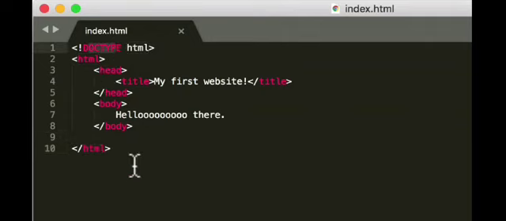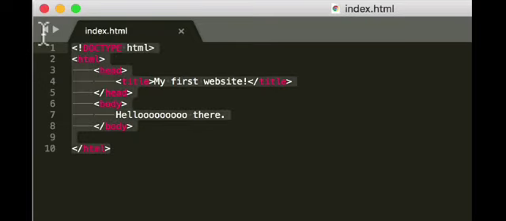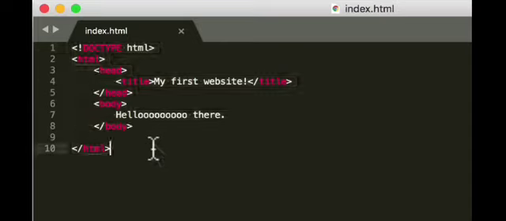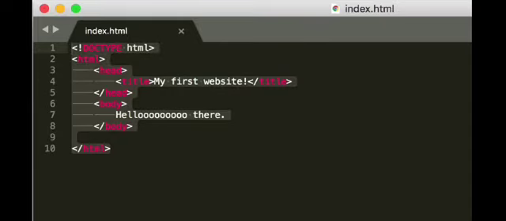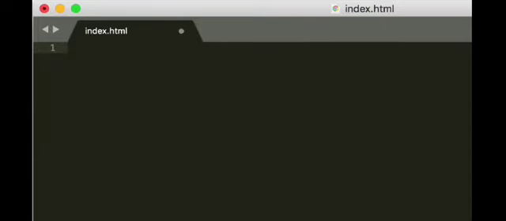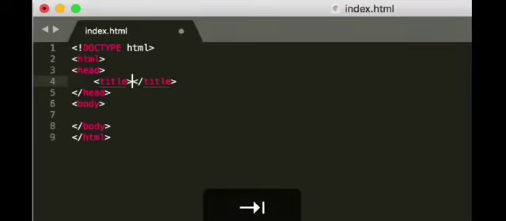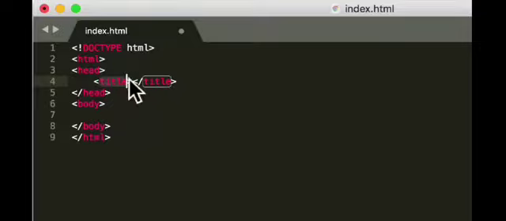So I want you to try creating your very first website and seeing how it works. And once you're done with that, I want to show you that Sublime Text actually has a nice shortcut, so you don't have to keep writing those tags over and over. So the way you do that is you type in HTML and then press the tab key, and it loads all this up for you. Okay, so now that we've done this, I want you to go off and create your very first website. I know it's very, very simple. You can put whatever you want in the title, and you can